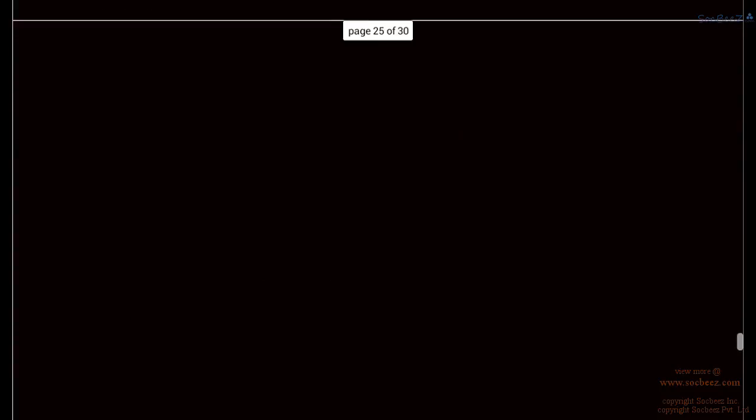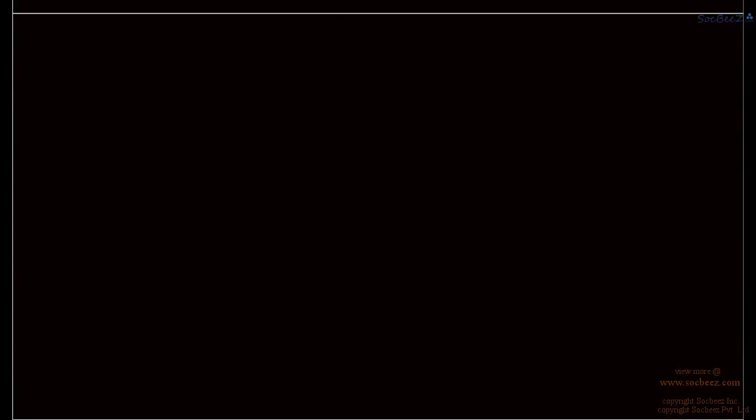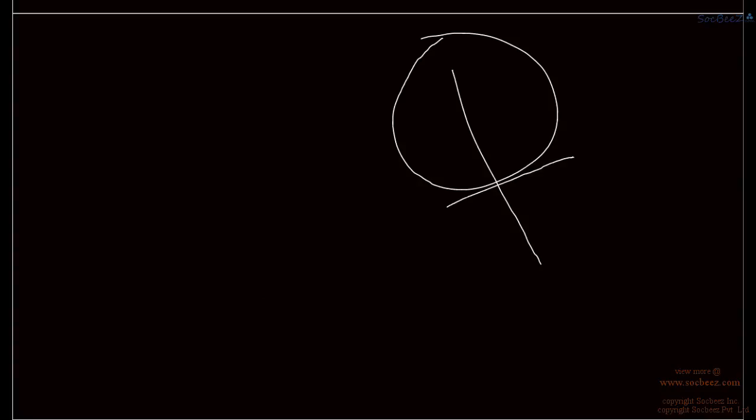Now, say if a line is normal to the circle, say suppose this is a line which is normal to the circle, that means at the point of contact, if we draw a tangent, then that tangent and this line must be perpendicular. Or we can say that if this line passes through the center of a circle, so this line L is normal to the circle, right?